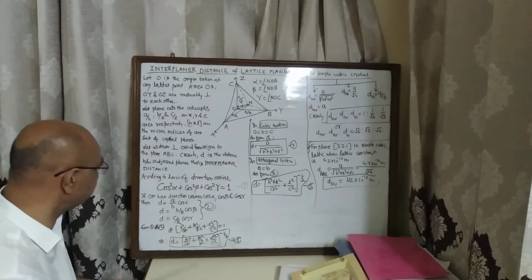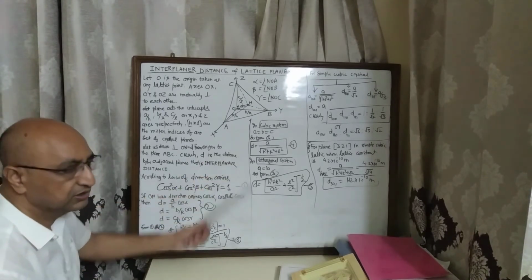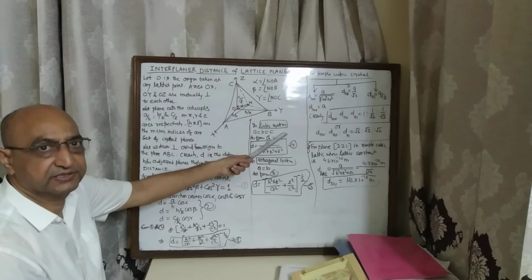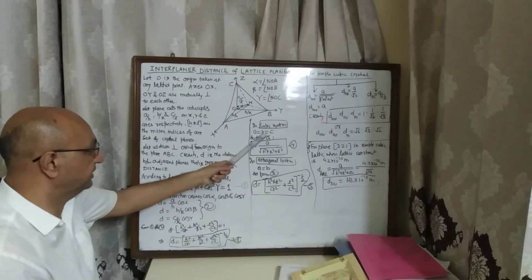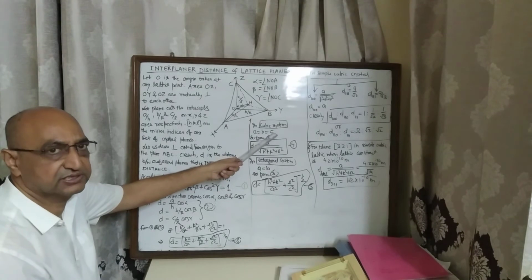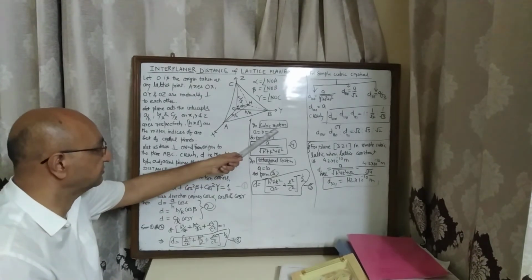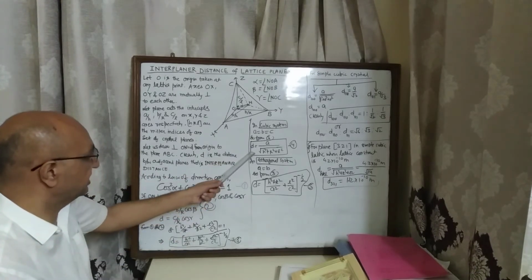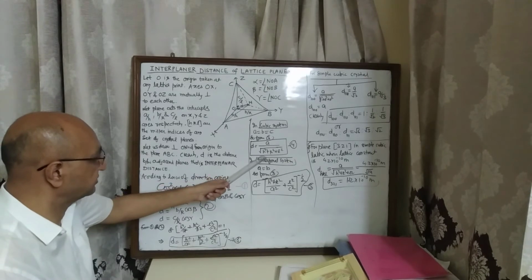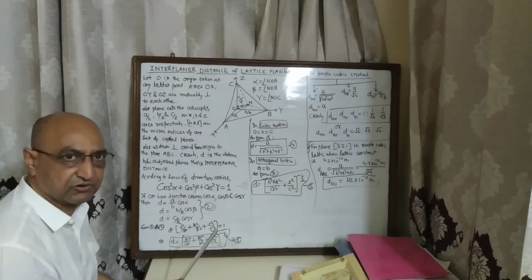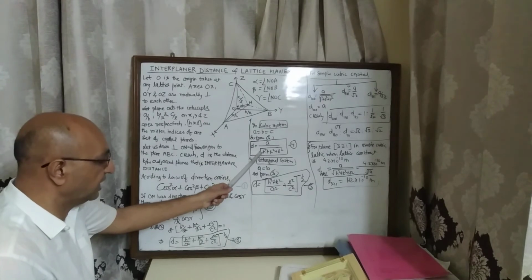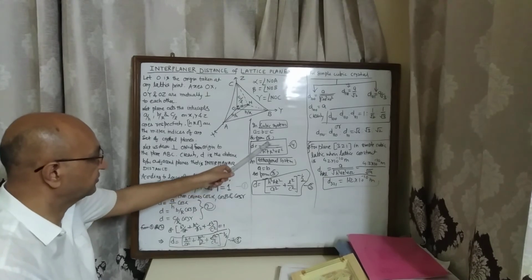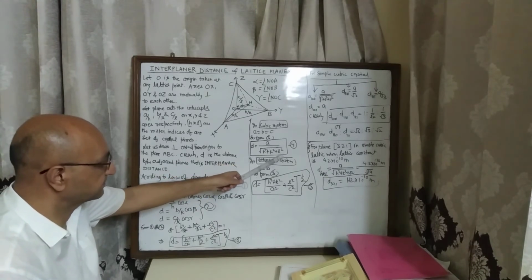Now we are looking for some special cases with reference to this formula. If our system is cubic, and we know in the cubic system a is equal to b is equal to c. This is the definition of the cubic system. So from equation number 3, d is equal to a upon under root h square plus k square plus l square. We can use this formula directly for the cubic system.